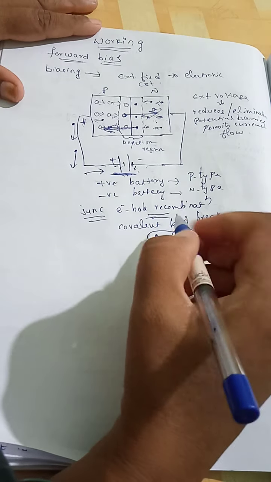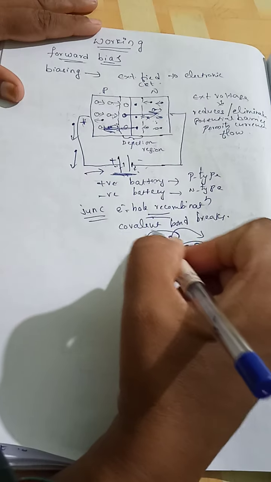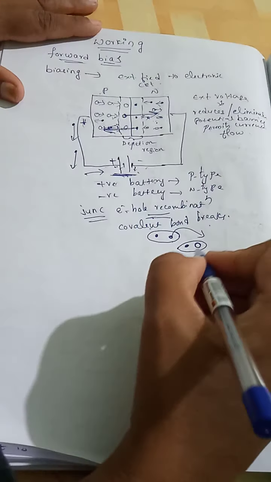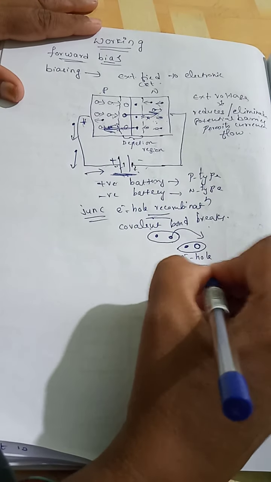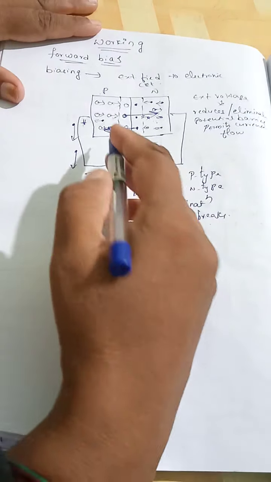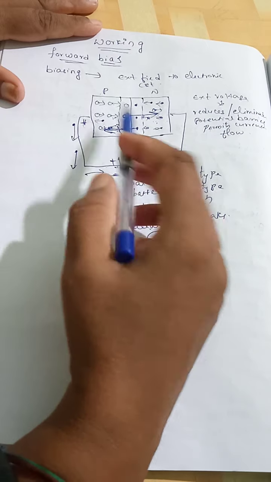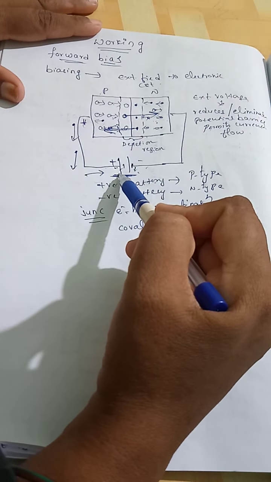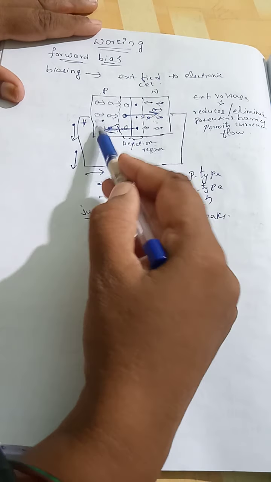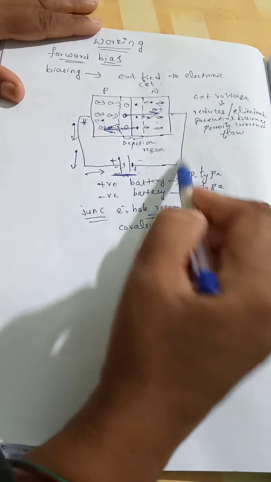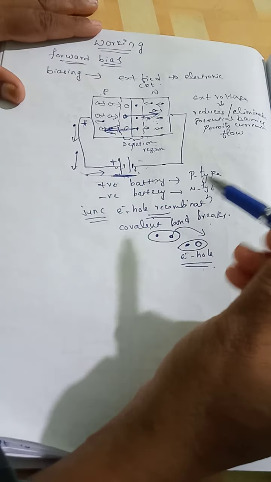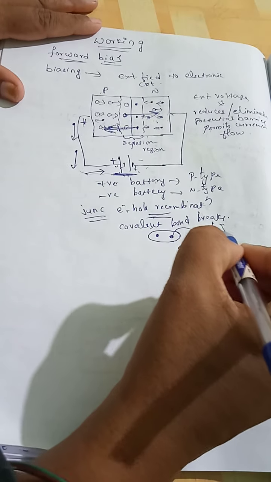Due to this electron-hole combination, covalent bonds break nearby the positive terminal of the atom. So new electron-hole pairs are created. Now the hole is repelled towards the junction and the electron travels towards the positive terminal of the battery. In such a way, the constant movement of holes towards the junction, or towards the negative terminal of the battery, and electrons towards the positive terminal of the battery give rise to the high forward current.